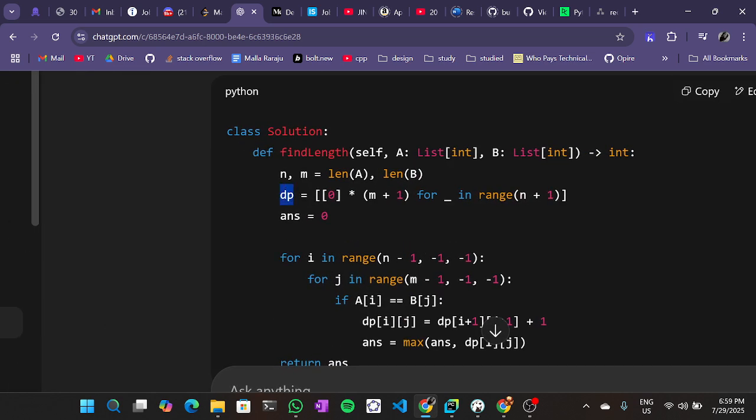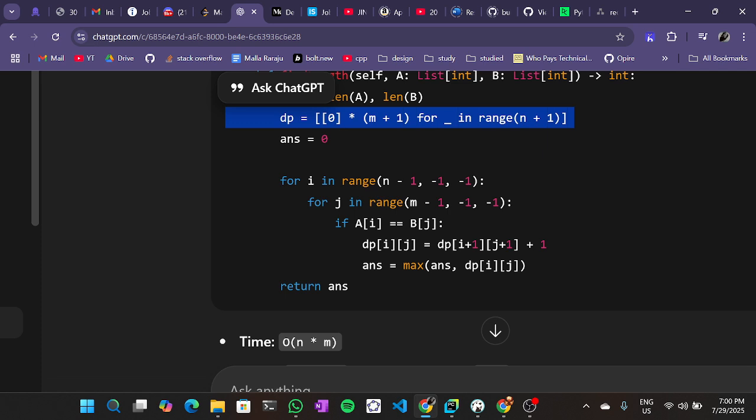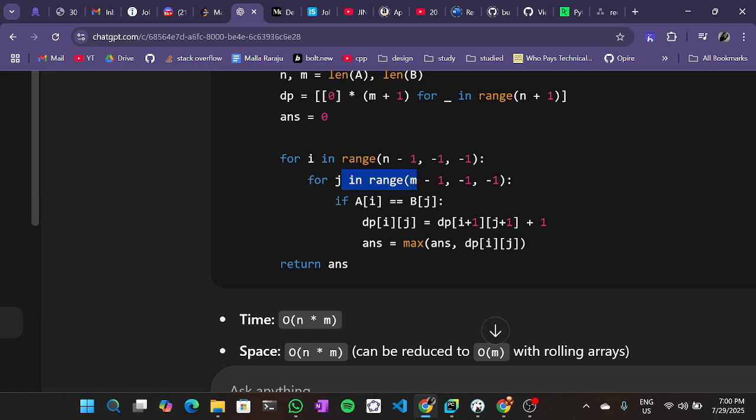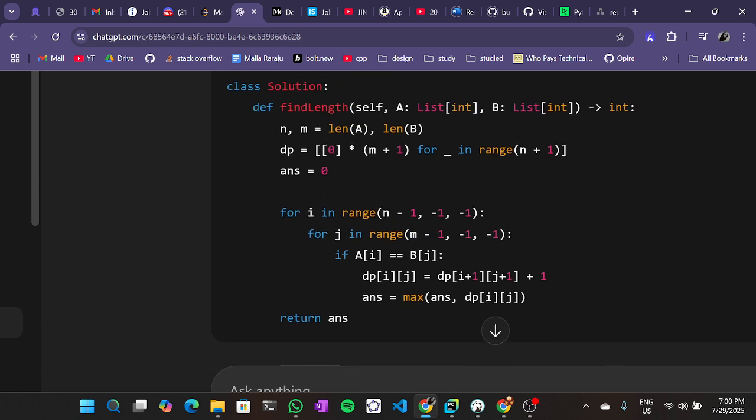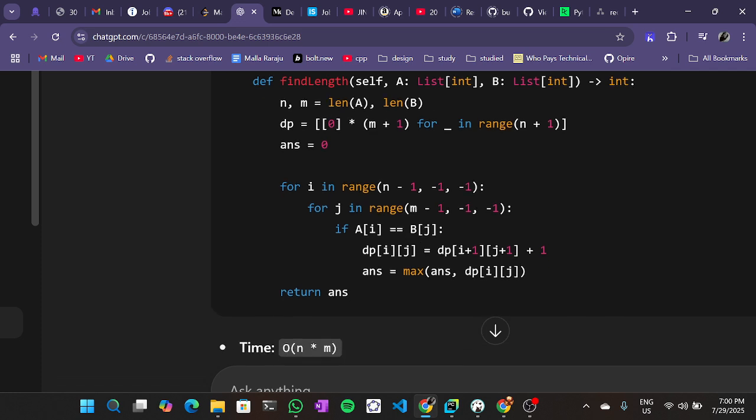So we are creating a dynamic array of size order of n into m here, and for example we are iterating in reverse order, and the same goes for array b. If you have a of i equal to b of k, then i plus